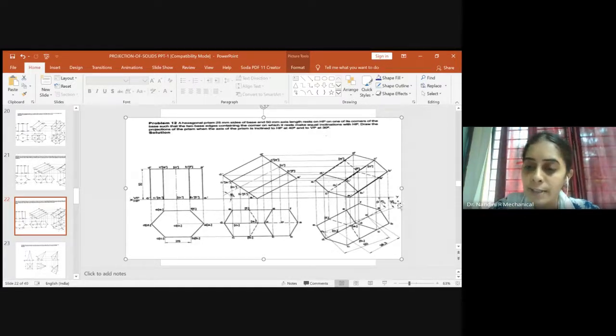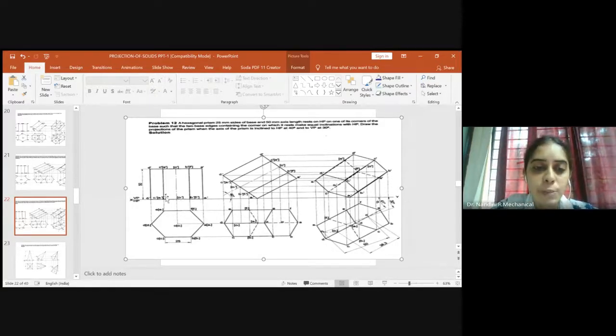So first you take 30°. Once you take 30°, you will measure the true length. The true length of the front view here is 50 mm. Also you have to see the space availability. Don't start very near to the XY line. After you take the XY line and the inclination of BP of about 30°, leave some point here